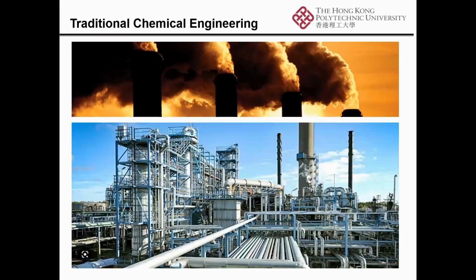For some chemical production, we normally use large equipment and the chemical engineering approach. When we mention the chemical engineering approach, the first impression in our mind is this large equipment in certain places, and it will also emit a lot of carbon dioxide and a lot of exhausts. So we want to reduce the emission of carbon dioxide because it's not in line with the carbon neutrality